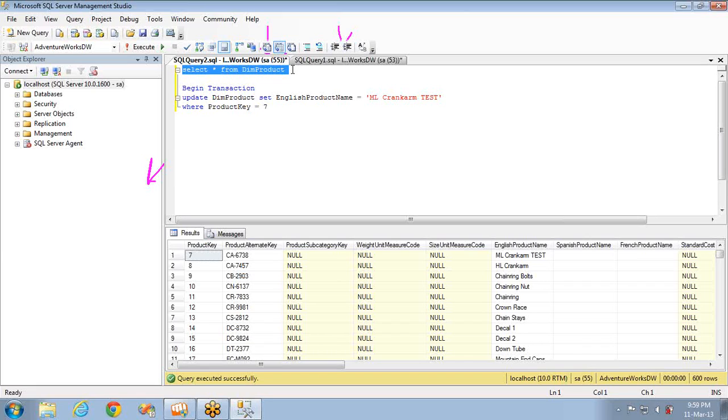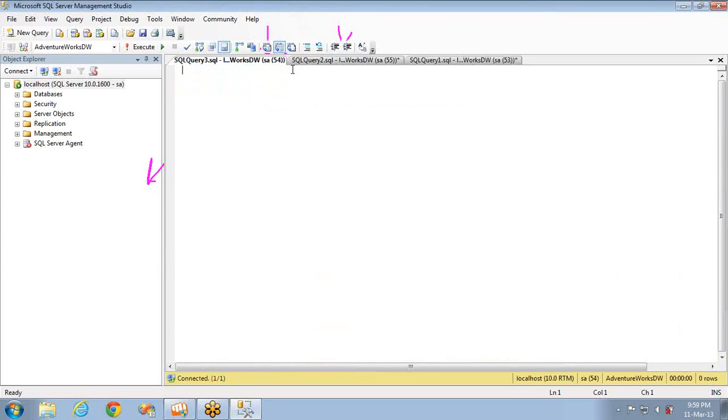Now let me take a new window. This is where I executed the earlier query. In this new window, I'm going to create one more transaction where I set the transaction isolation level to read uncommitted.